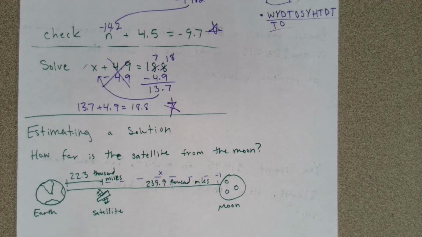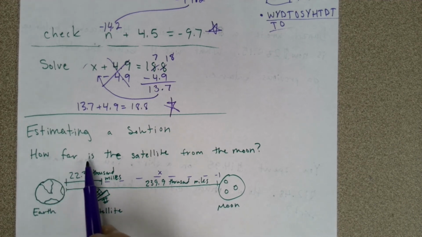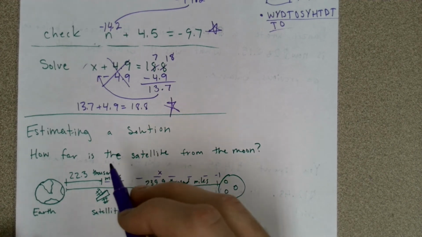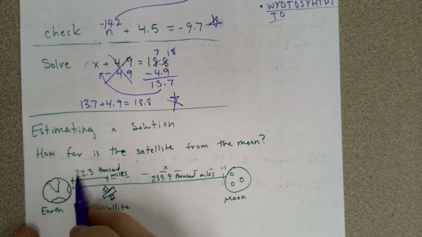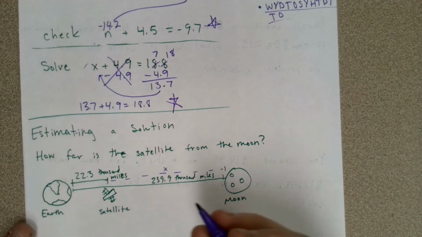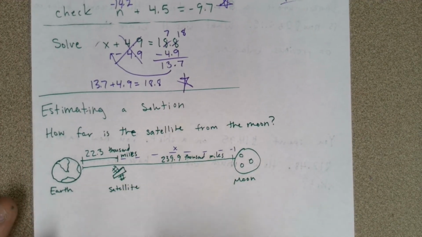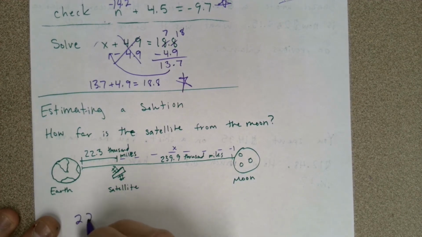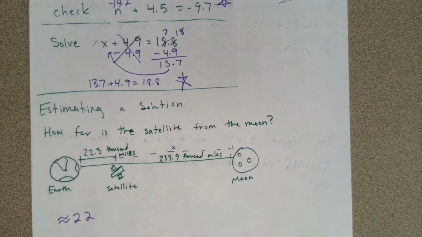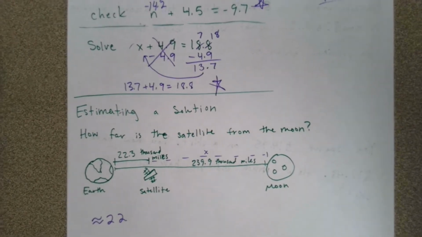All right, estimating a solution. So now we're going to put a little bit of what we did yesterday together with what we're doing today and estimating a solution here. They ask us how far is the satellite from the moon. Here on our diagram, they showed us that Earth to the satellite is 22.3 thousand miles. I'm going to estimate that, a pretty good number. I'm going to keep it nice and simple. I'm going to make it approximately 22,000 miles